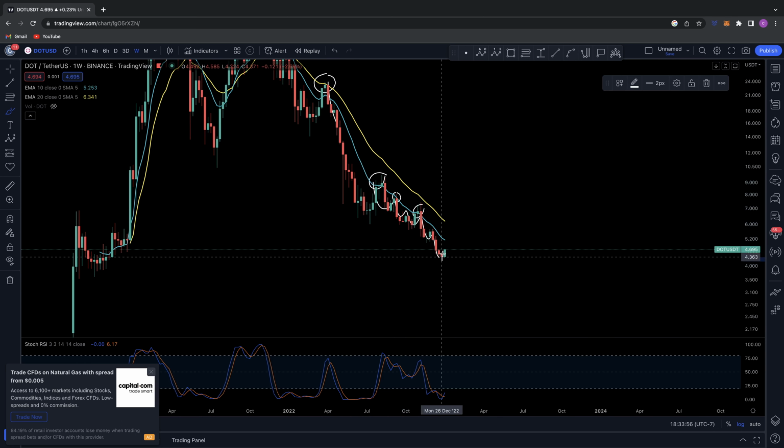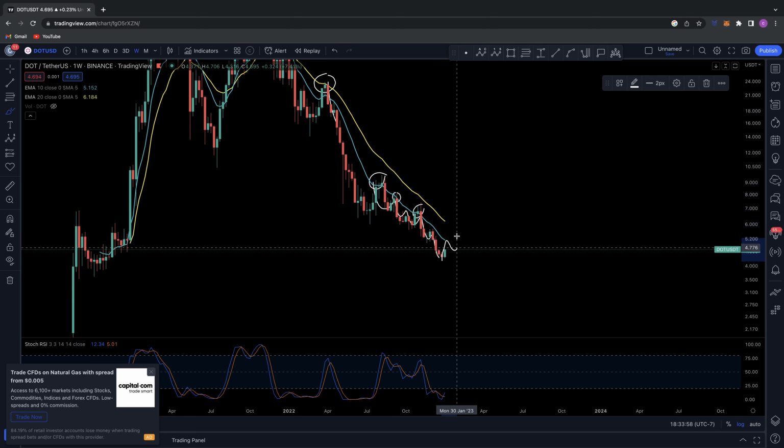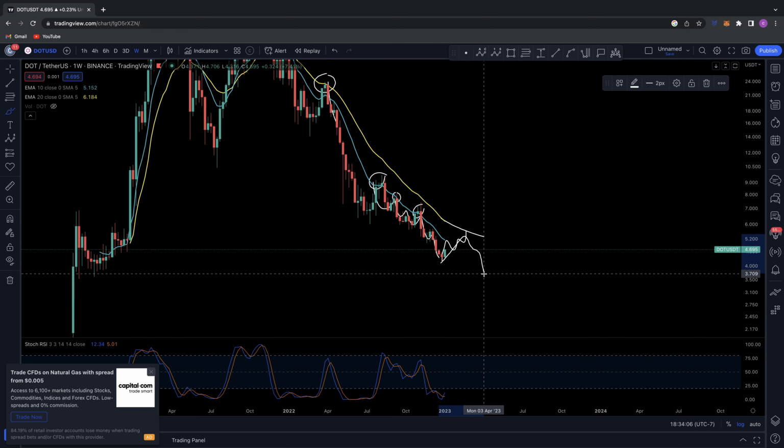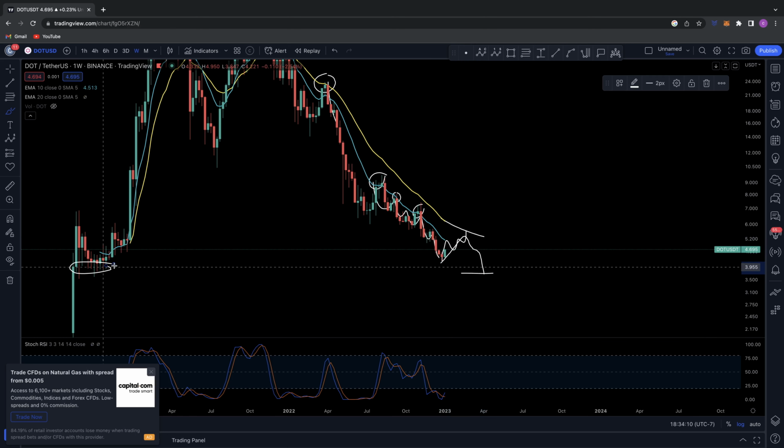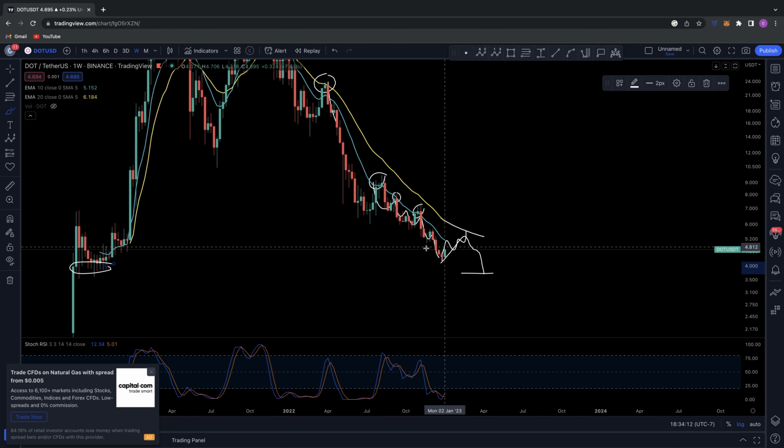So it wouldn't surprise me to see some sort of track back up to this 20 as it's coming down. And this is where potentially, if we do get a short-term rally, you could meet resistance and then come back down to that $3.70 area that we were looking for as support. So we could get some sort of short-term rally, but until you start to break above these EMAs and